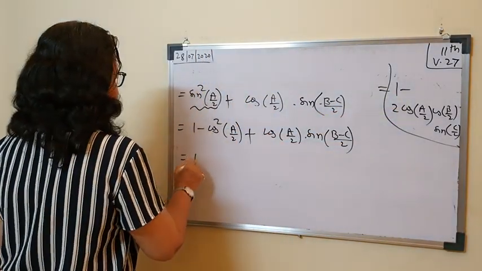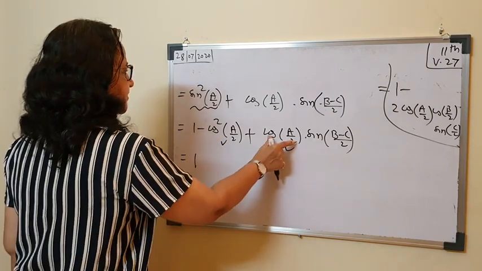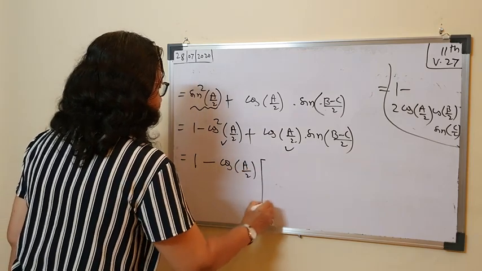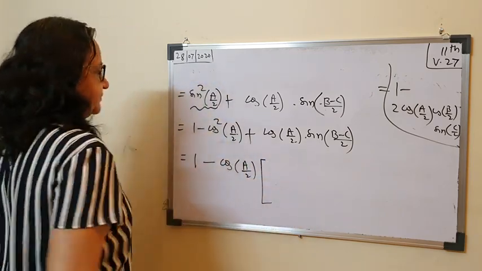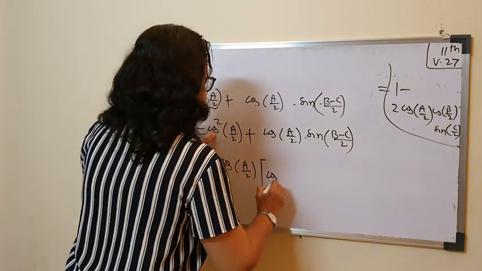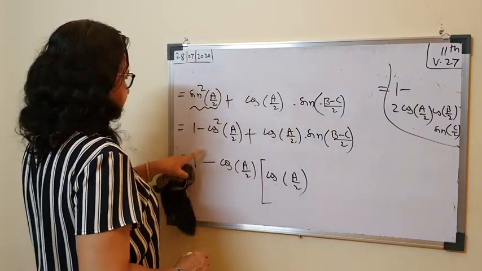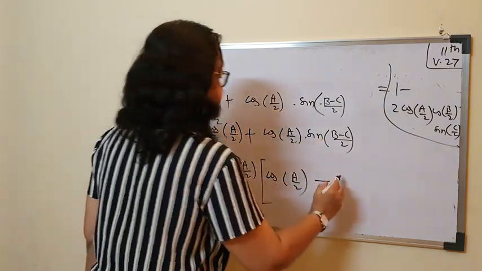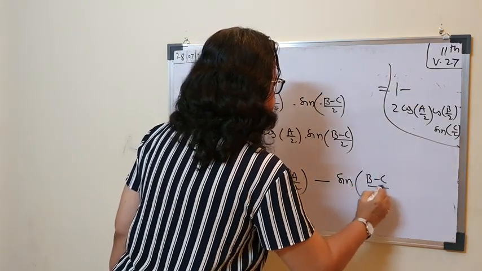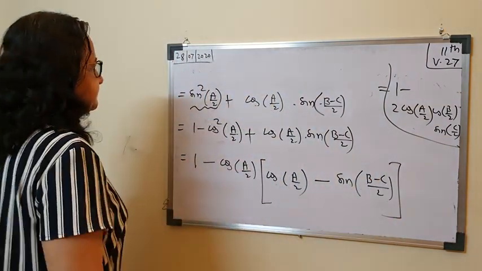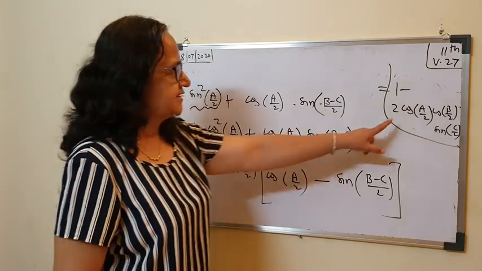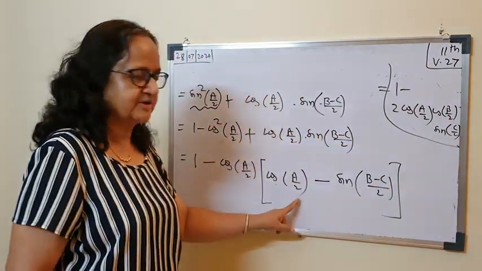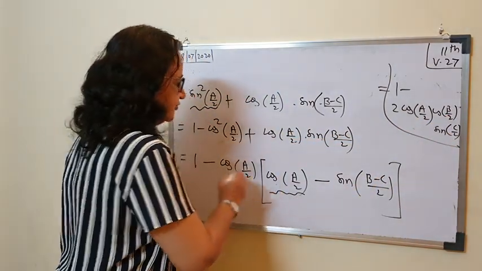So it is first term 1 as it is, and now in the last two terms cos a by 2 is common. So minus cos a by 2 I'll keep common. 1 cos remains from here. I have kept minus sign out, so this sign has to change. It is minus. Cos a by 2 has gone out, so this will remain: sin (b minus c) by 2. Now in the final answer, cos a by 2 you wanted, you got it. So the other two terms are in b and c. So the bracket make sure is in b and c. So a by 2 you don't want.